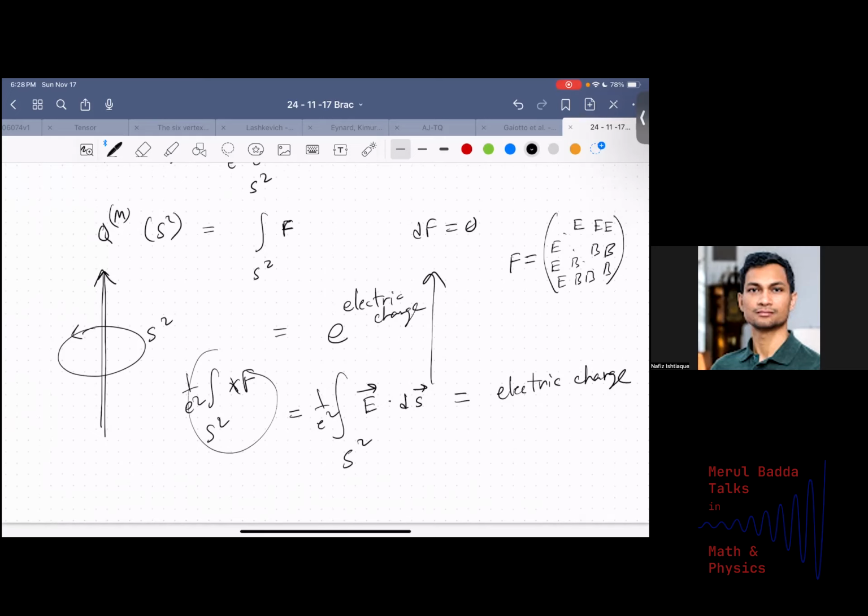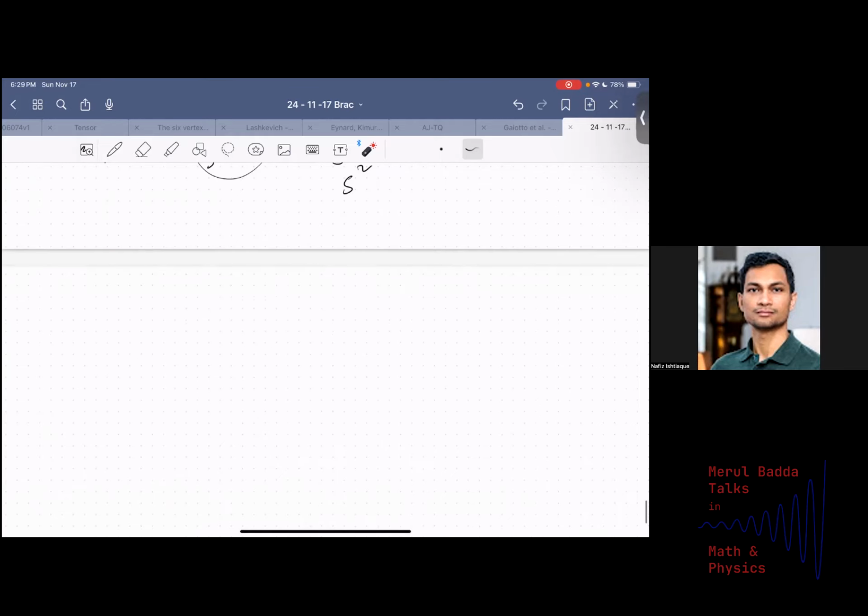All right. So the last thing that I was going to say is that if you have a line operator carrying electric charge, in other words, a Wilson line, then if you have this topological operator created using this conserved current surrounding this line, it's going to give you the line back multiplied by a phase depending on the electric charge carried by that line. So this line is charged under this operator. And recall that this is a two-form operator in the sense that I was using a two-form current to create this operator. So the statement here is that